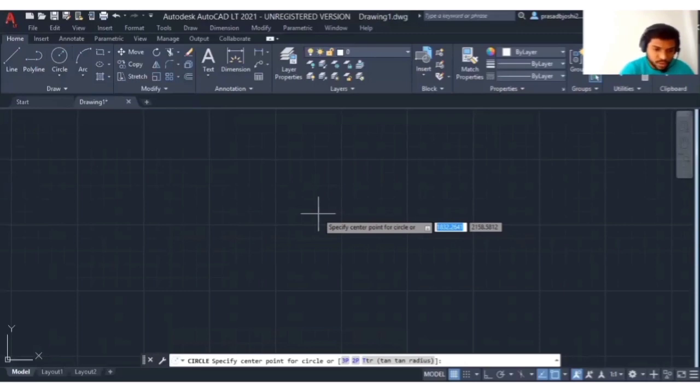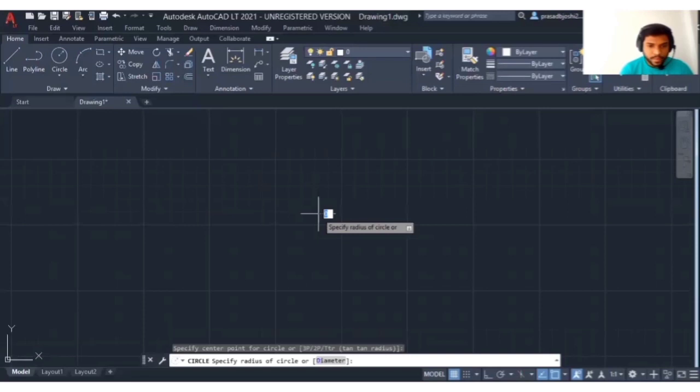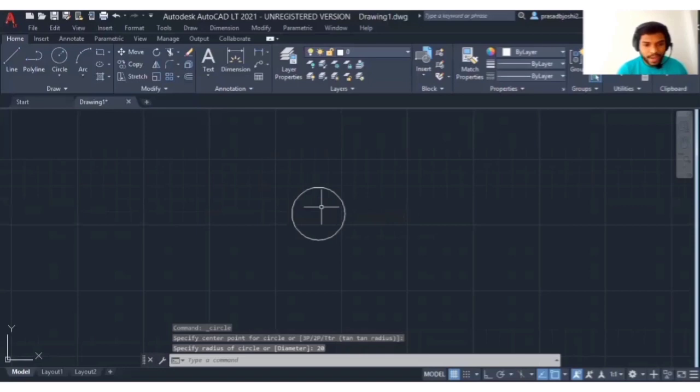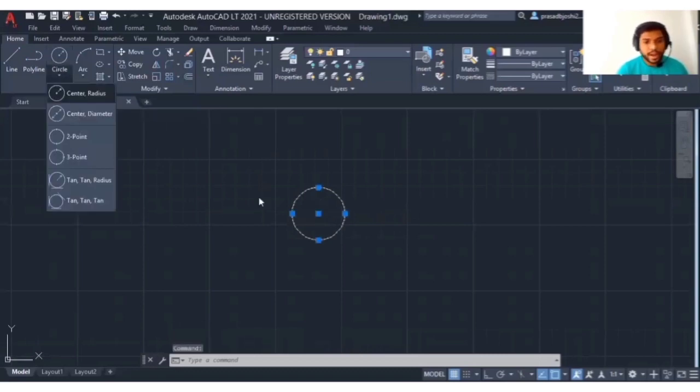It shows specify center point for the circle. So left click over here. Then it asks for the radius of the circle. For example, let's put the radius 20. So type 20 and press enter. So we will get the circle of 20 centimeter radius. Okay, so this is the circle with center and radius.